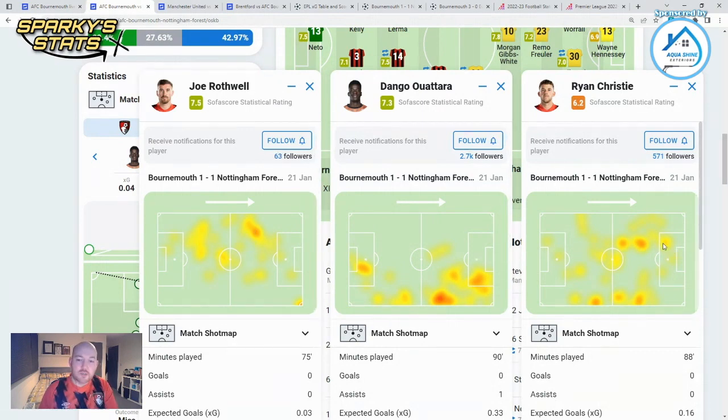And then we want Christie to be getting into the box as well, as he did a little bit more on the left here, and obviously this particular chance, which he didn't put away, unfortunately. But that's what I want to see more of from Christie. Now, his stats here don't come out particularly well. I think his passing wasn't as good as maybe it could have been, but I do feel as though there were more moments that Christie was being more forward-thinking, more progressive,